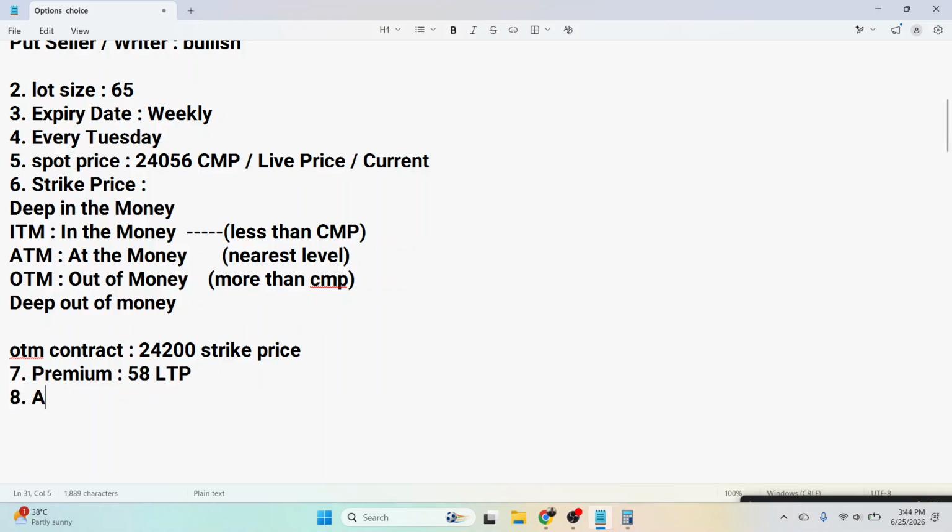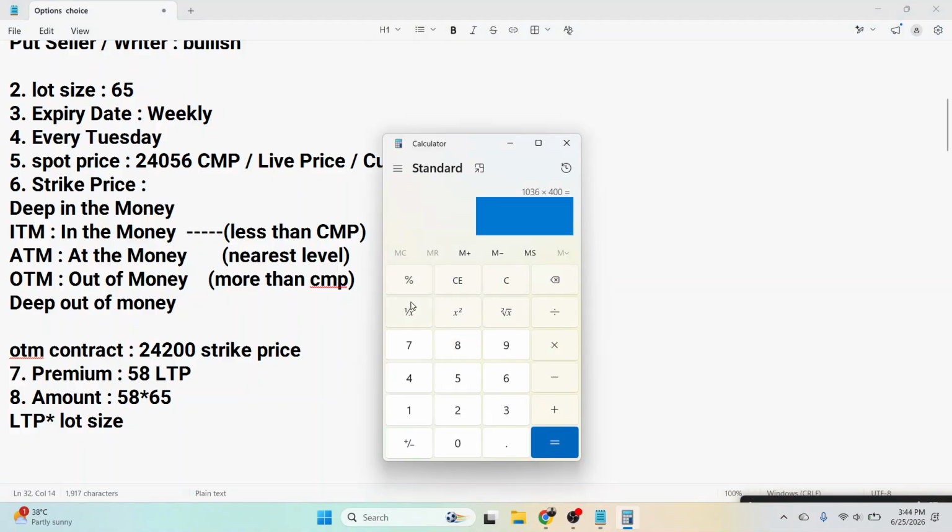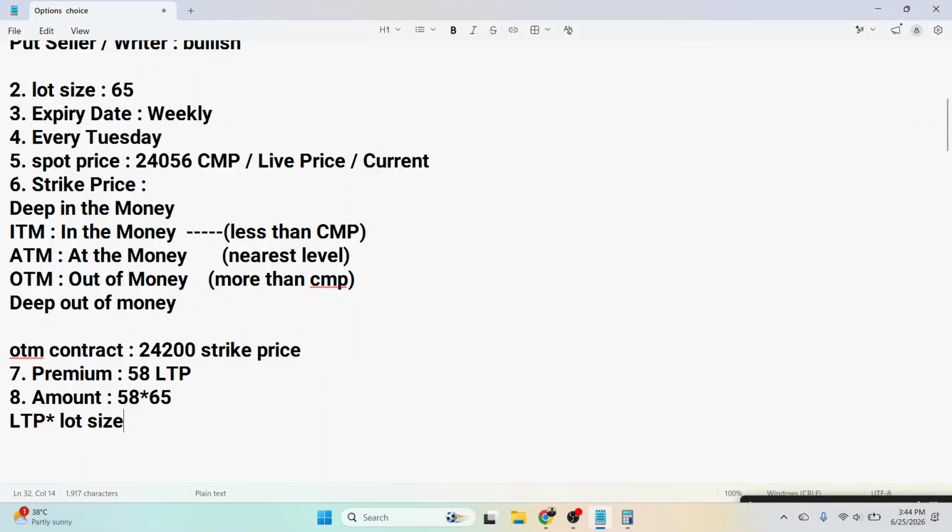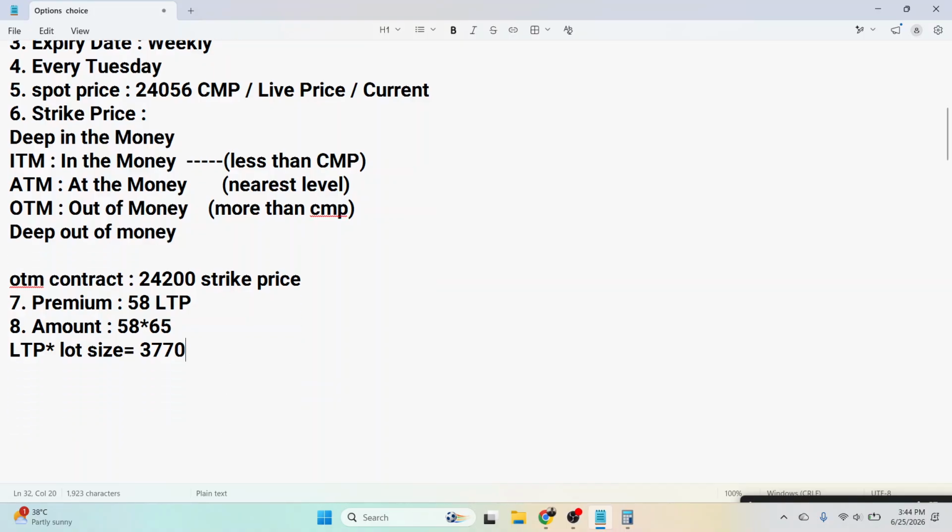And next thing is premium in amount, तो total amount आप कितना पे करोगे, that is 58 multiply by the 65, 65 क्या है, हमारा लॉट है, ओके। तो अमाउंट किससे होता है पे, LTP मल्टीप्लाई बाय द लॉट साइज, ठीक है। तो 58 को जब आप 65 से मल्टीप्लाई करेंगे, 58 मल्टीप्लाई बाय 65, इट वुड बी 3,770, आपको देने हैं, ठीक है। तो दिस इज द अमाउंट यू आर पेइंग। एंड इफ यू आर बाइंग अ कॉल, अगर आप कॉल खरीद रहे हो, तो दिस इज योर मैक्सिमम लॉस। अब इससे ज़्यादा आपको लॉस नहीं हो सकता।